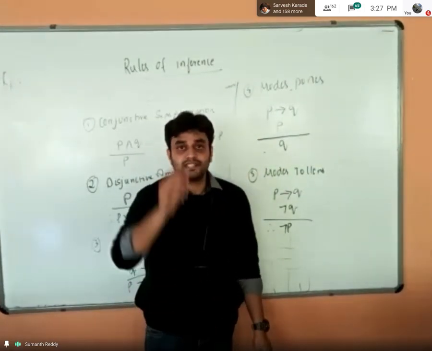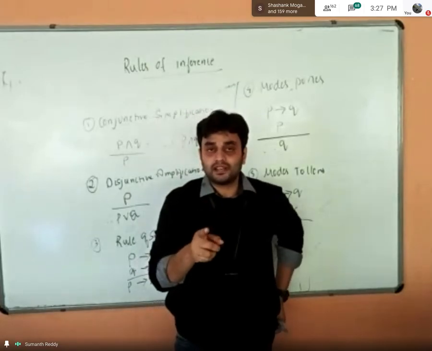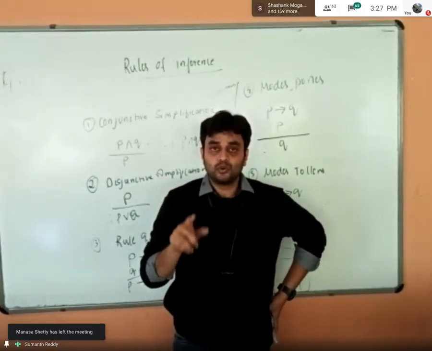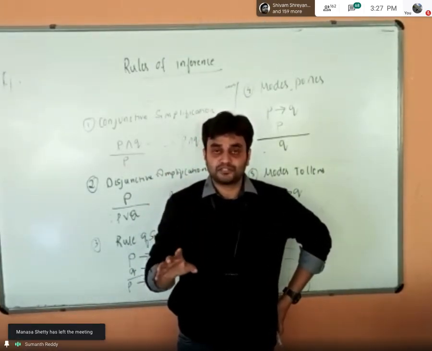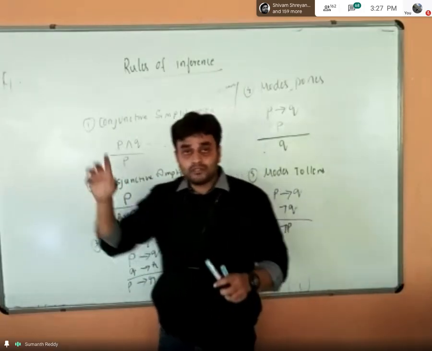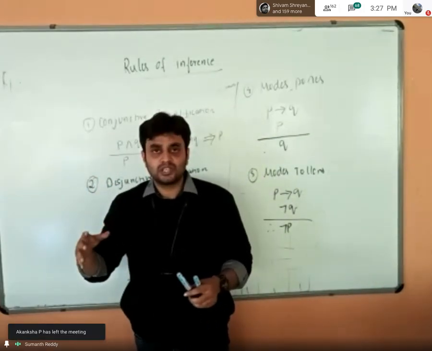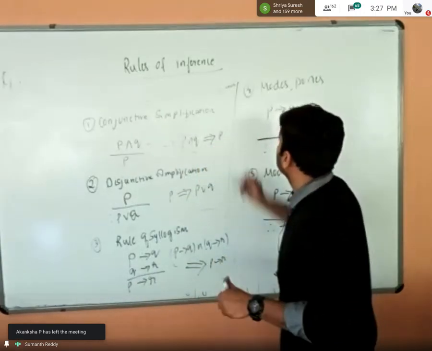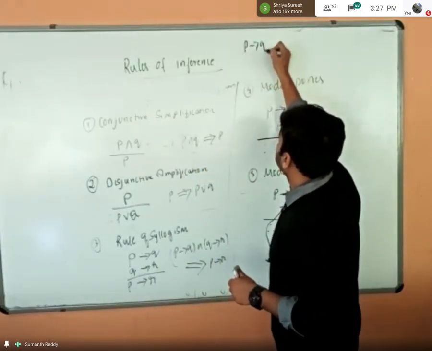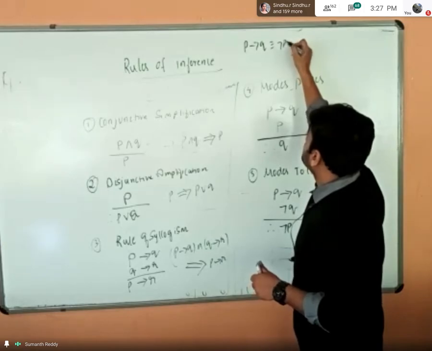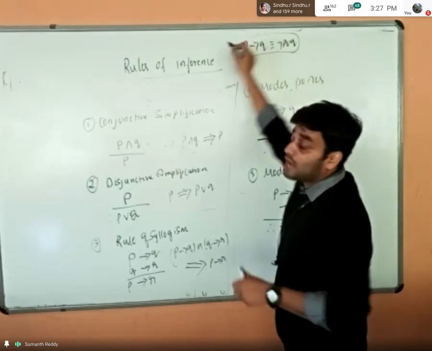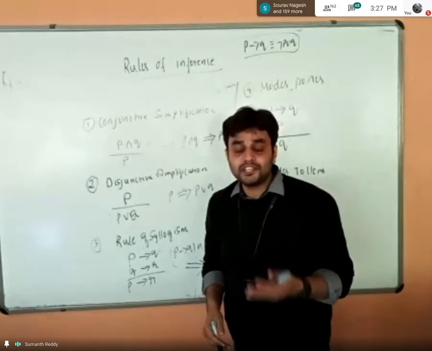Okay, the thing is, I have given the rules, the laws of logic, and I told you to make a note of everything in the last page of the sheet. Along with the 9 or 10 rules, I also gave you one important formula, if you remember: P implies Q is equal to negation of P or Q. And I also told you the relation between a conditional and the contrapositive.